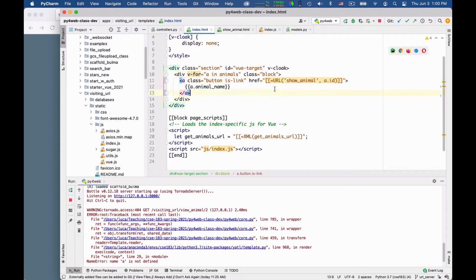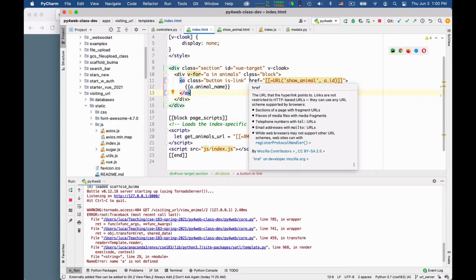What is happening is that on the server, you try to fill in this template, because template evaluation happens only on the server. So you want to create a URL to show animal a.id. And now your code is complaining that it has no clue what a is, because a is a variable that will be defined only later by Vue in the client in response of executing this Vue for. So this is a